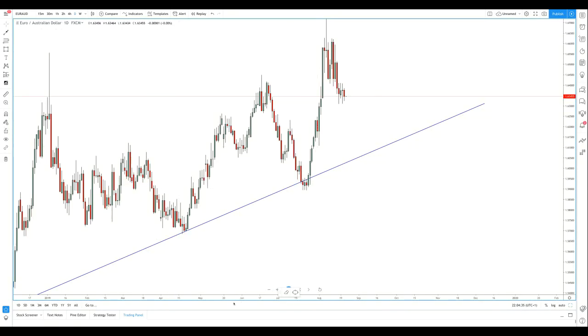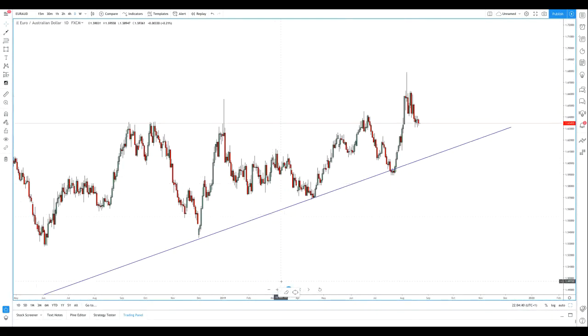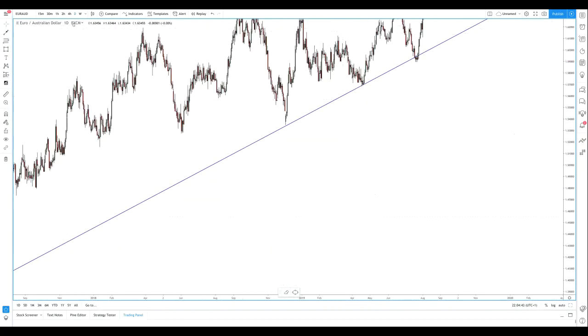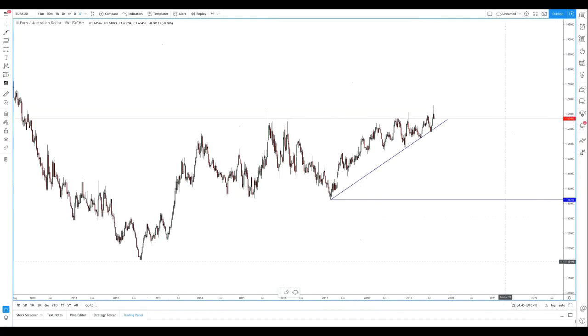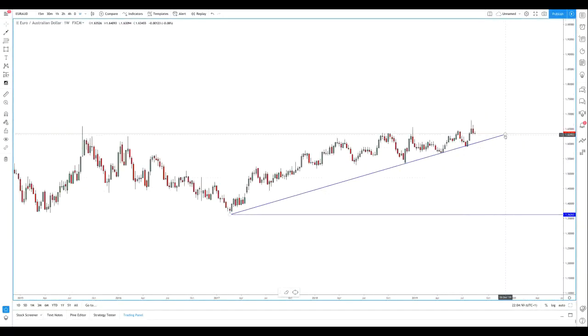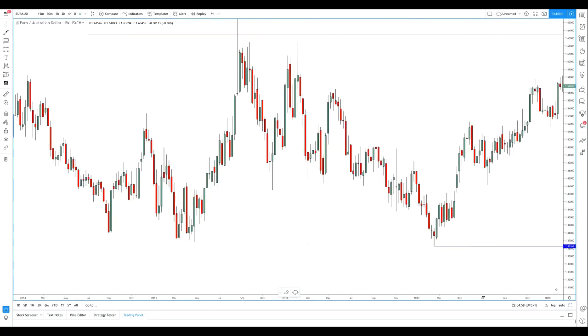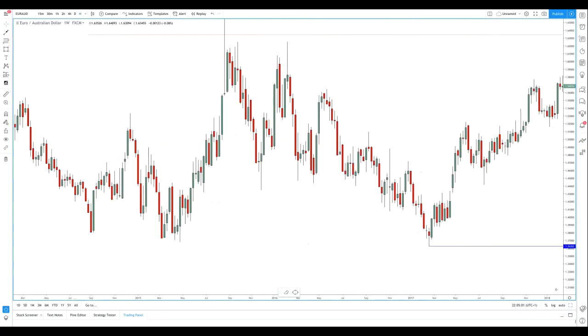Okay, cool. So that's a nice example on the weekly here for Euro AUD. Now, what I want to do is go back to the very beginning of this trend, just to try and give you an understanding of how trend lines work. Let's get rid of this. And what you need to do to adjust just your trend lines. So, as I said, apart from monthly key levels, trend lines are the next most important thing